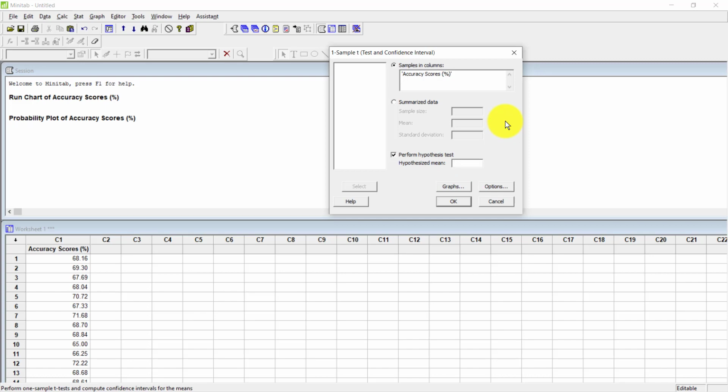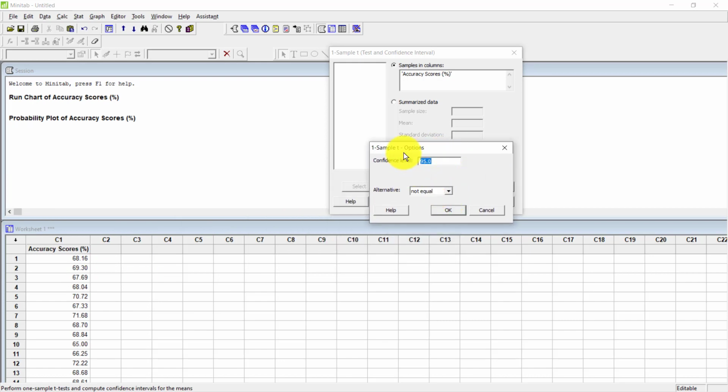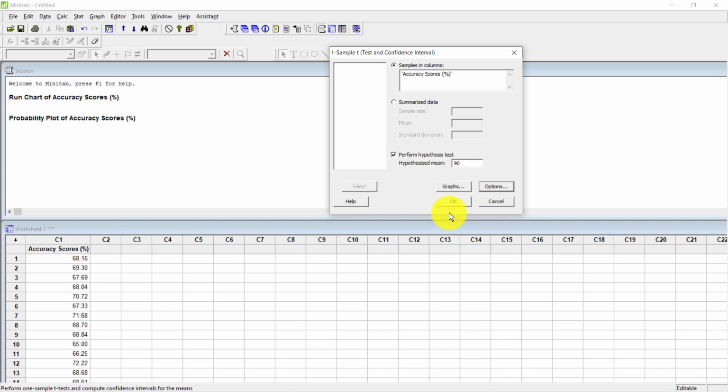In hypothesized mean, enter 90. Click Options. In confidence level, confirm that the confidence level is 95. In alternative, select the drop-down that says greater than. Click OK.